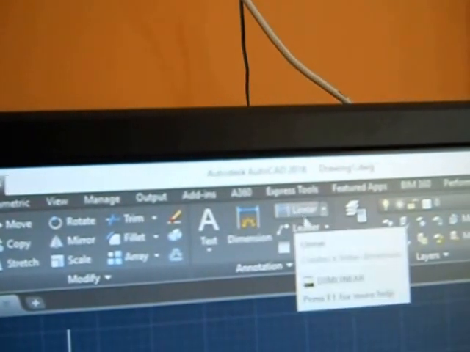This is the Home tab, which contains line, polygon, circle, arc, move, copy, rotate, stretch, trim, fillet, array, etc. Text, multiline text, leader, make current, match layer, create, edit, etc. This contains many tools. I want to show you once more. You can see the Home tab of AutoCAD version 2016.